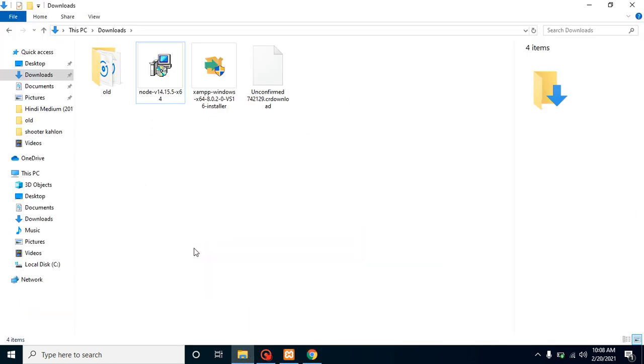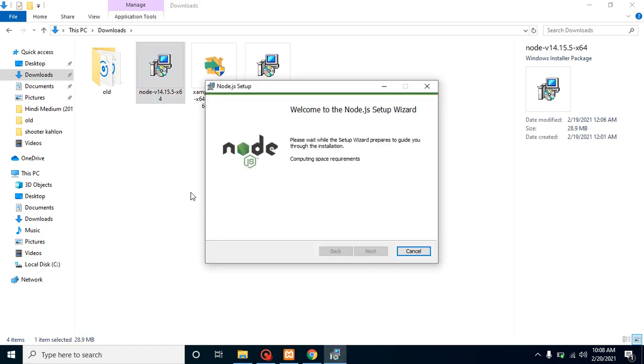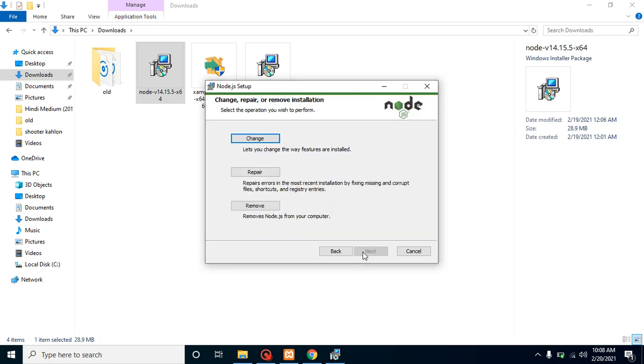I already have the setup downloaded, so without wasting any time I will just click on it and we can install it. Now it will ask for some terms and conditions acceptance and all. In my system Node.js is already installed, that's why it will just ask for remove, repair, or change, right?